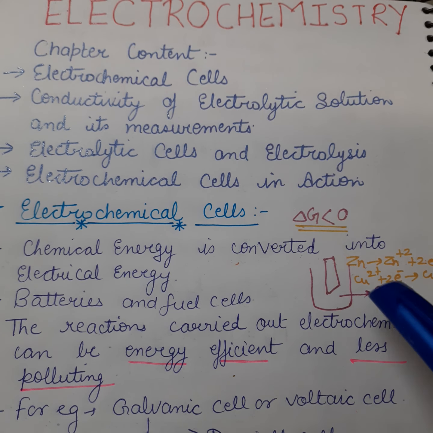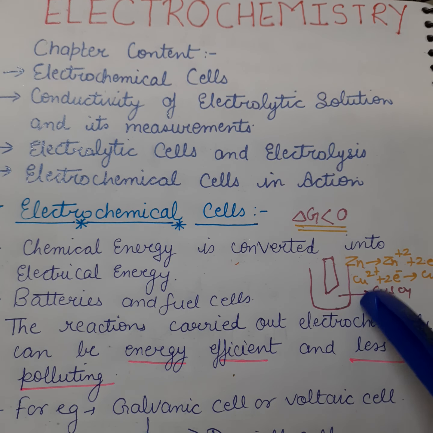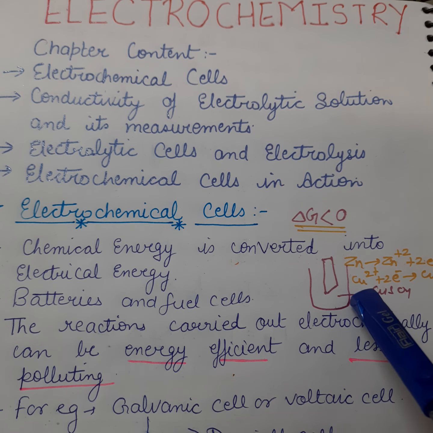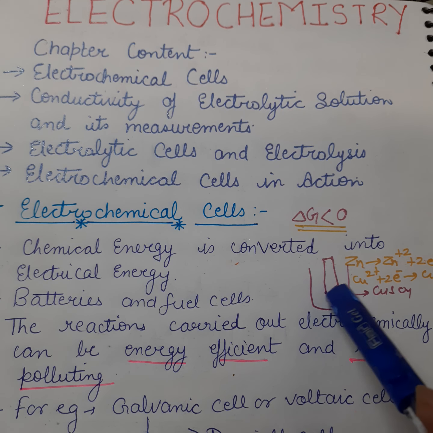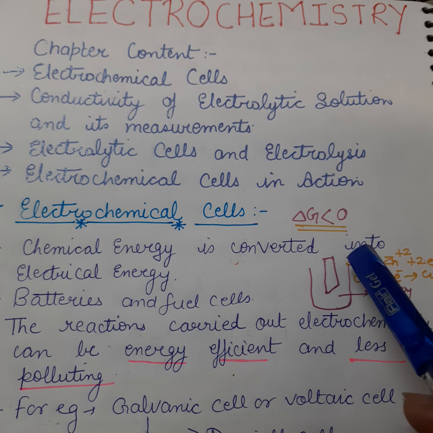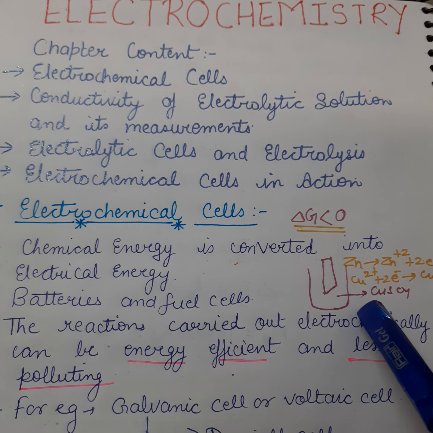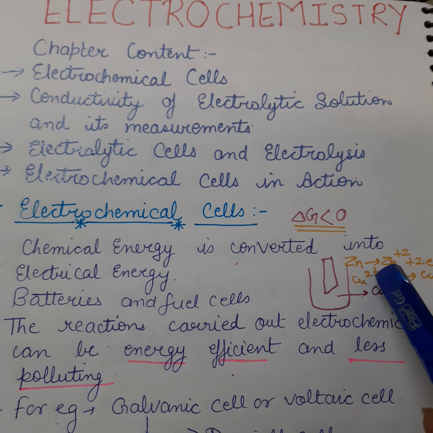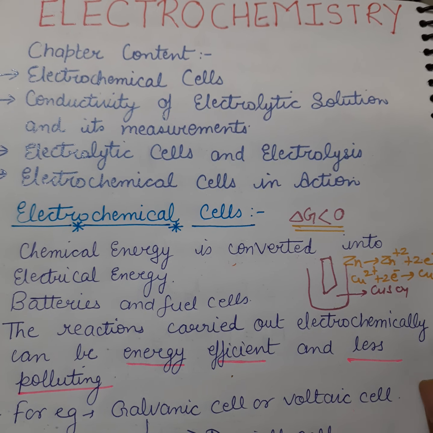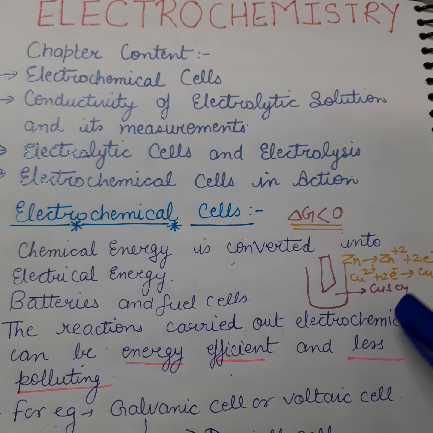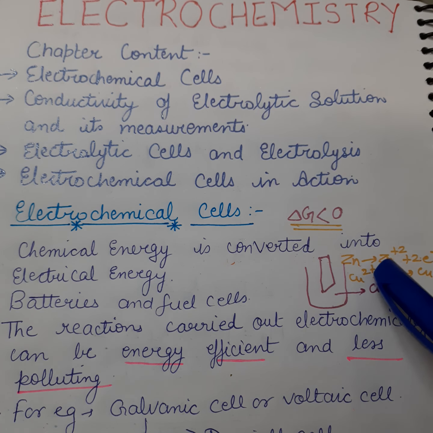Suppose I have a beaker. In this I take a copper sulfate solution. We all know that the copper sulfate solution is blue in color, all right, and when we put a zinc rod into it, readily the zinc dissolves into it and the solution loses its blue color. That means zinc liberates its 2 electrons. It converts into Zn2+ plus 2 electrons, and copper gets these 2 electrons. So copper reduces. In only one cell, oxidation and reduction take place.